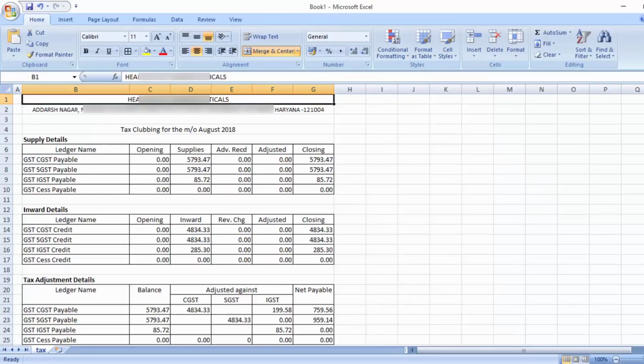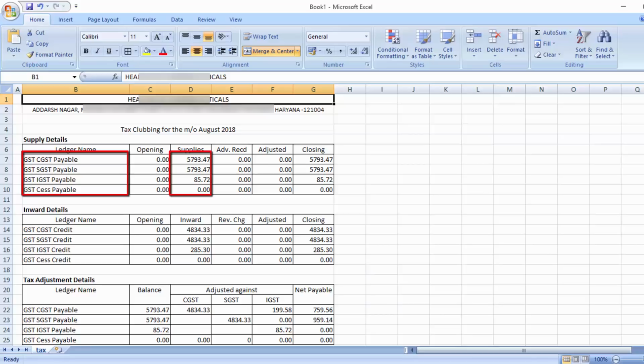As per government norms, you can adjust the leftover input in IGST inward and outward with the central part of the government, means you can adjust it with CGST sale. And if any amount is left after that as well, then you can adjust with SGST outward, means with SGST output.